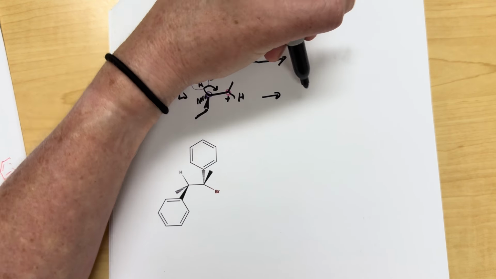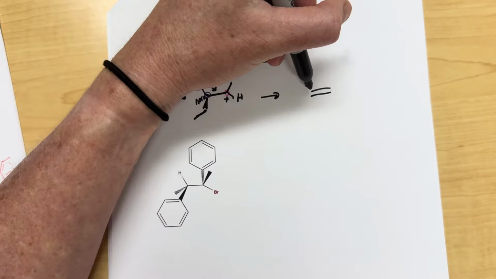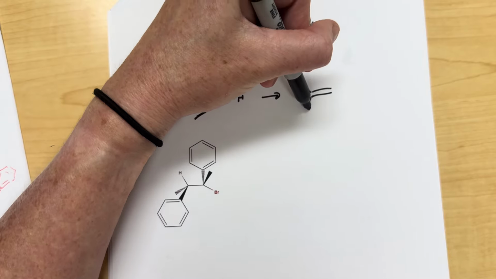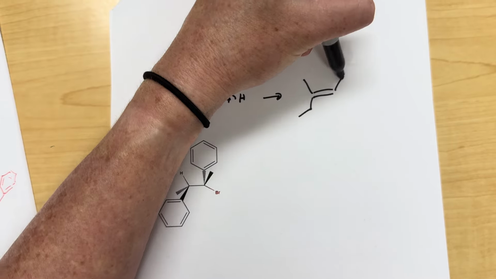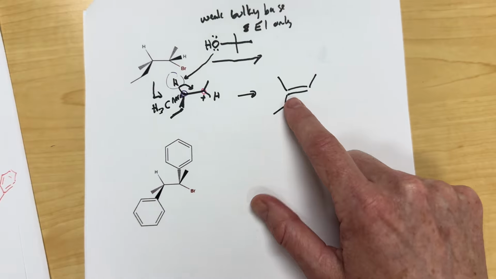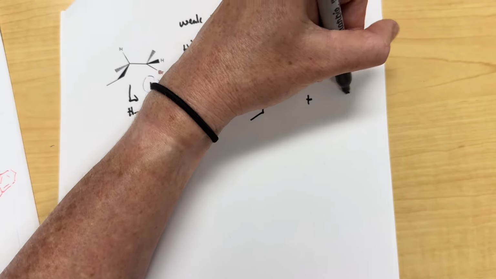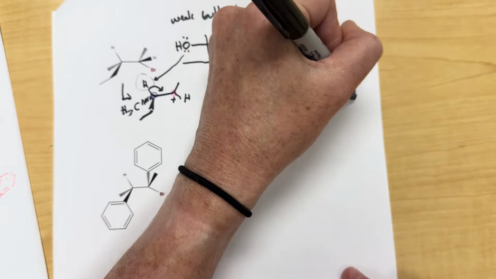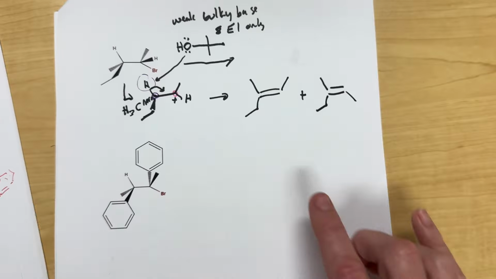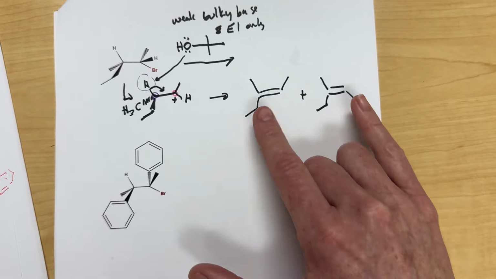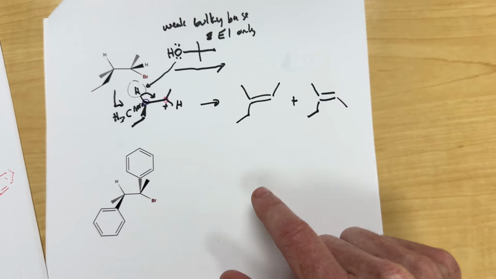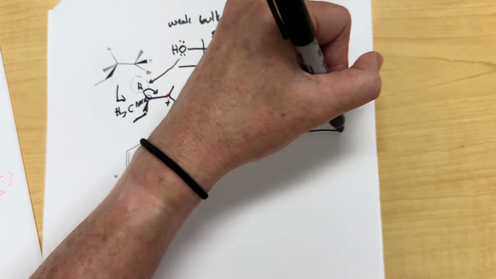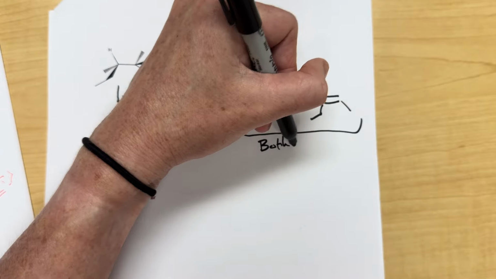You're going to get one where this methyl group was up and the ethyl group was down, and this methyl group was up. You would also get one where the methyl group is up, that ethyl group is down, and this methyl group was down. There's no real major or minor yet. We haven't talked about that. We'll eventually get to E's and Z's, but these are both going to be products